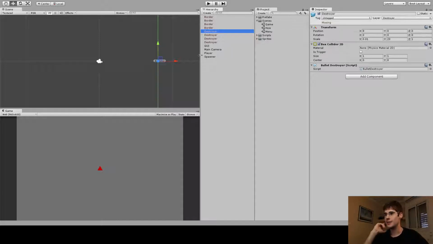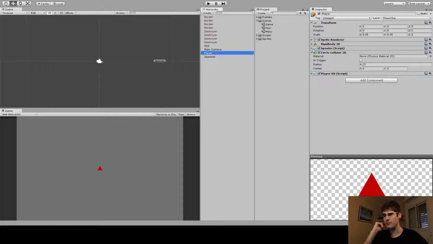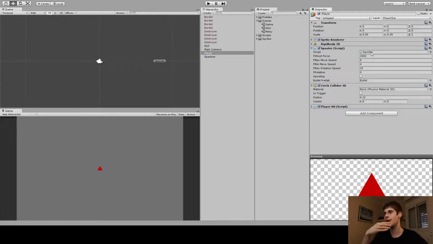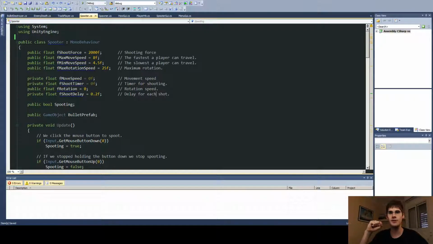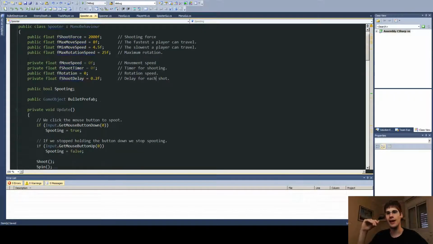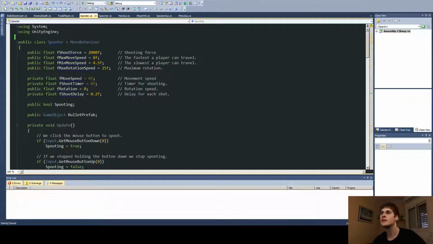All right, so let's get started with the main script, I'd say, of the game, which is Spooter. Right? It's called Spooter. It's Spoot stuff. I'm using Visual Studio here, and I made the font a lot bigger so you could comfortably see what's happening here. My naming convention is kind of screwing up because other scripts don't have this naming convention, but it was something I did a long time ago, and that's how I learned coding initially,